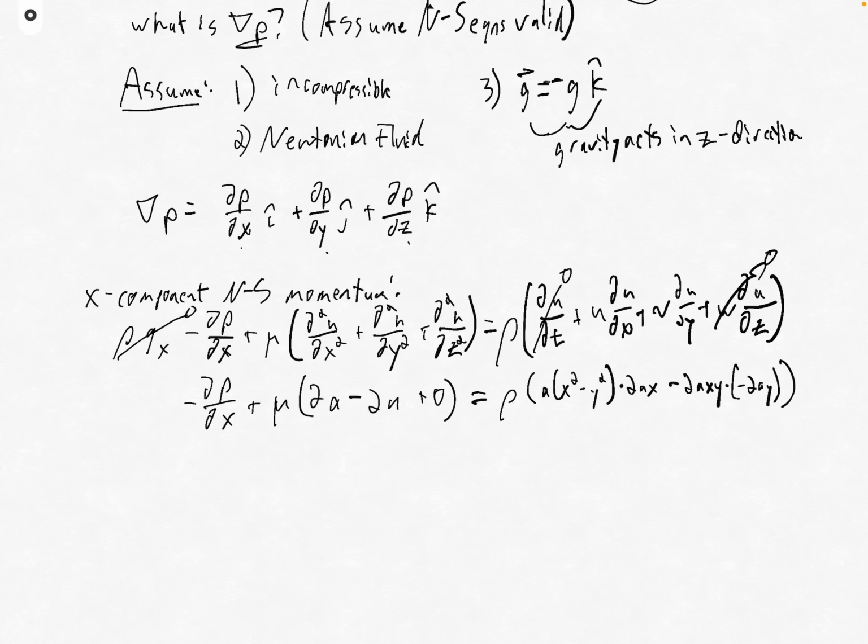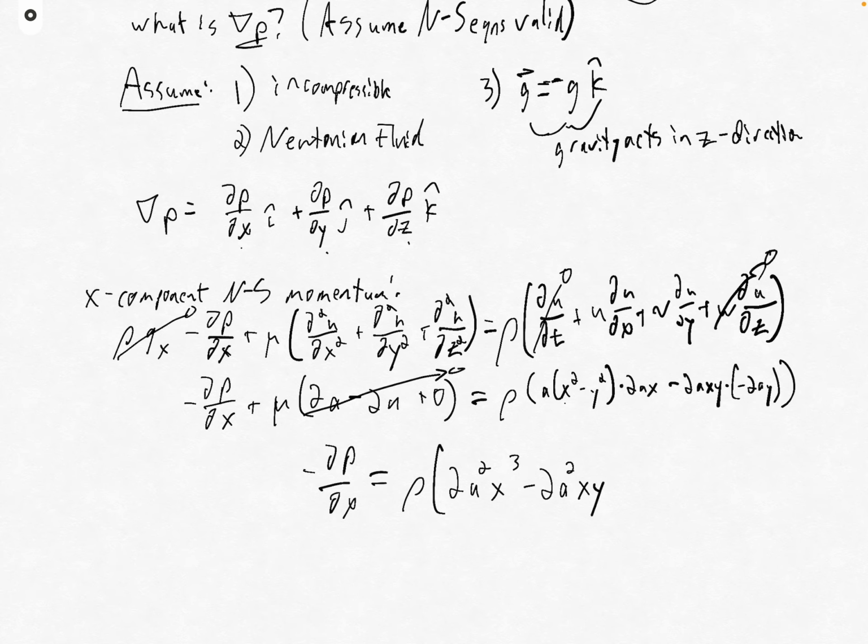One other thing that we're going to notice here is that in our viscous stress term, these things cancel out, so this comes out to 0, and I'm left with minus dp dx is equal to, let's see, it's going to be rho times, we're going to have 2a squared x cubed minus, right, so that just comes from this first term here, minus a, let's see, minus 2a squared xy,